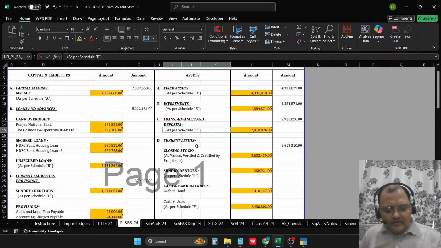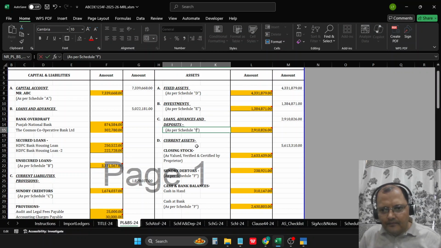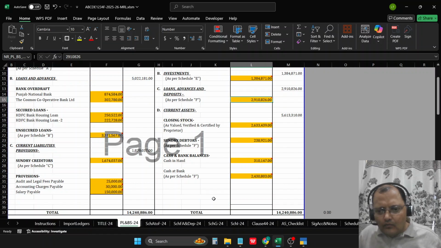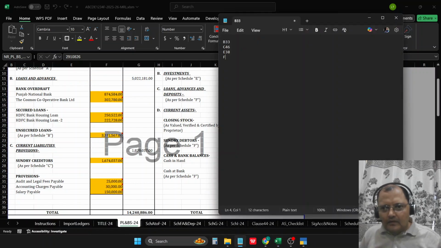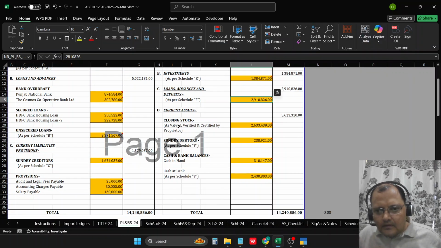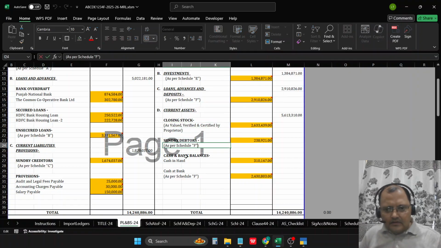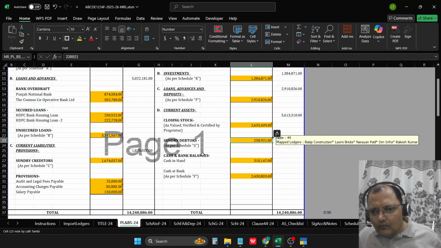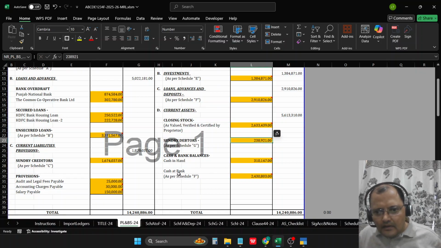Now loans and advances changes to schedule F, and here it is note number 45. So F is 45, and then sundry debtors is schedule G, which is note number 44, and cash and bank balance